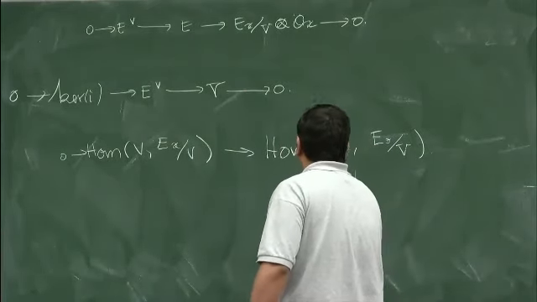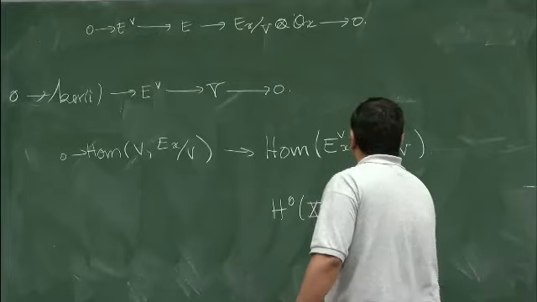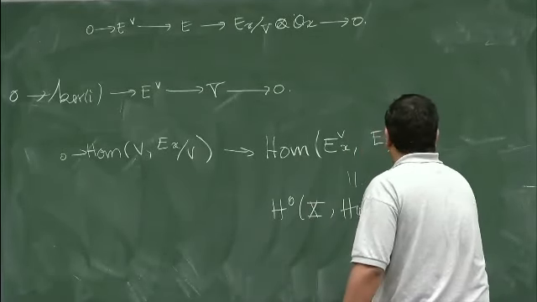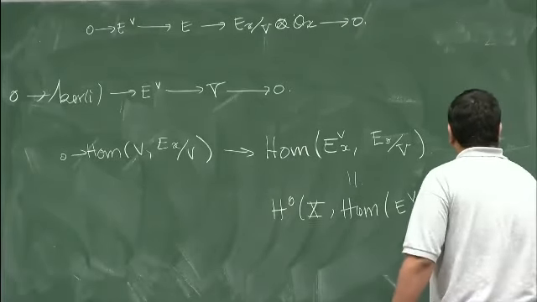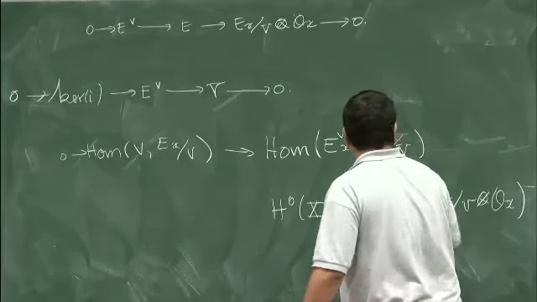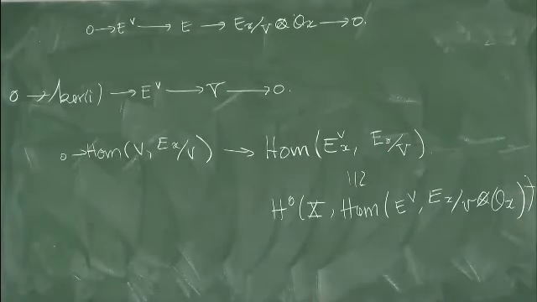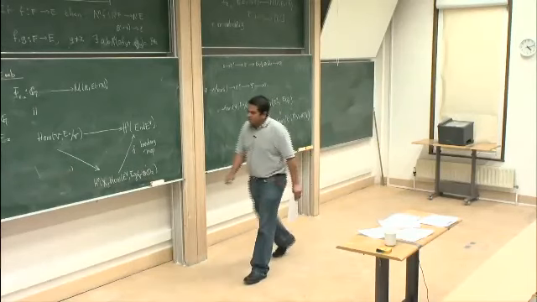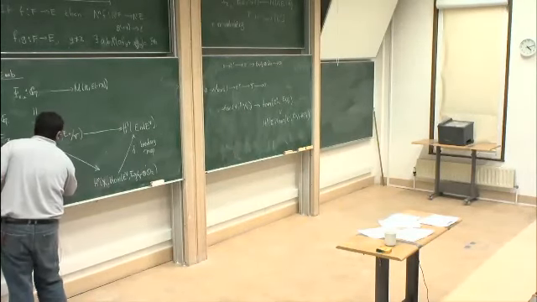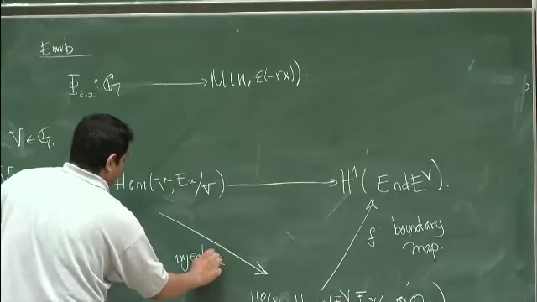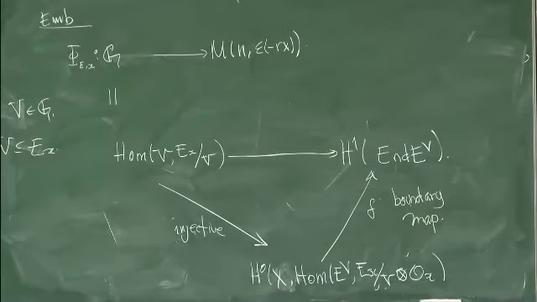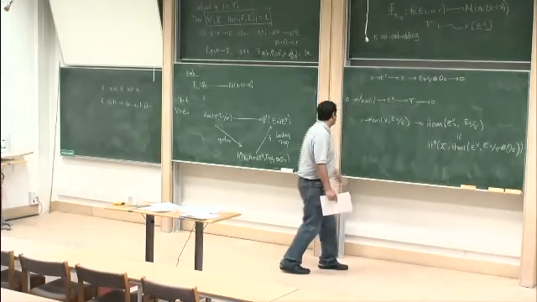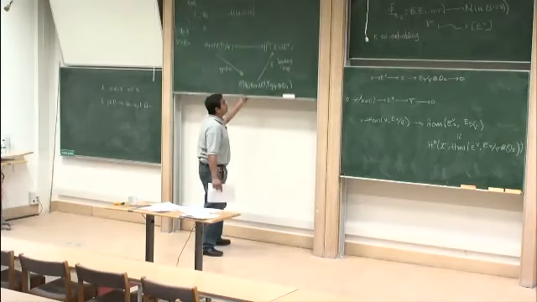Then we have the H0 of E_V, E_X; E_V is isomorphic to this. But this is injective, then this is injective too. And to have the injectivity for the boundary map,